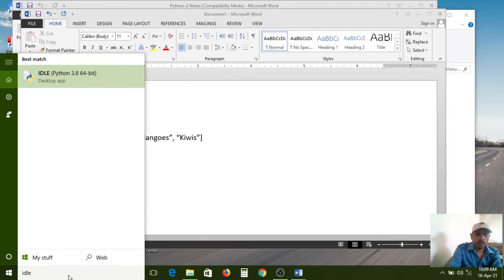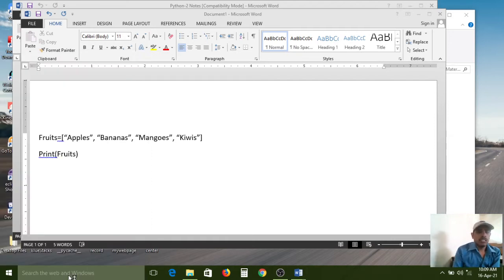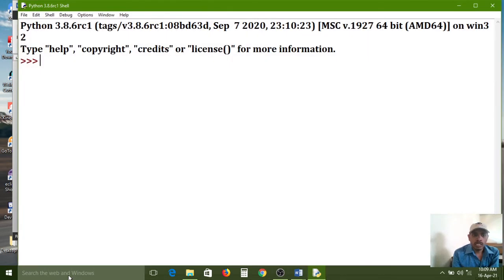I am opening the IDLE shell window. For your understanding, I open it differently. In one class I explain in the command prompt, and in some classes I explain in the IDLE shell window. Both are the same. The Python shell window is provided by the Python software, but the command prompt comes along with the operating system.